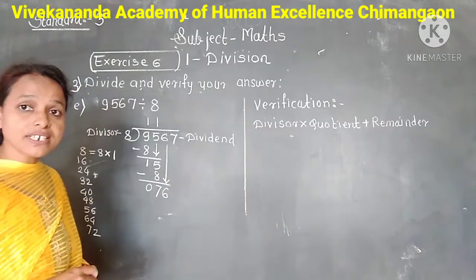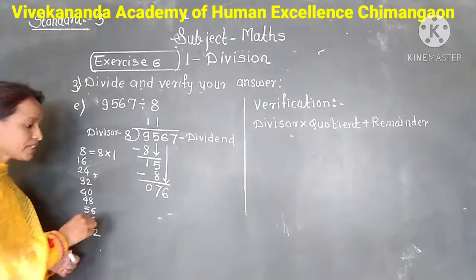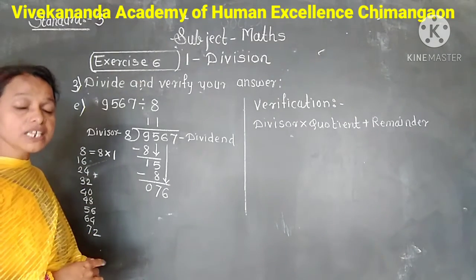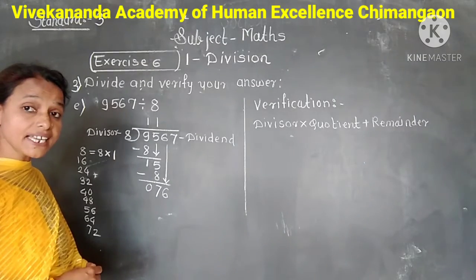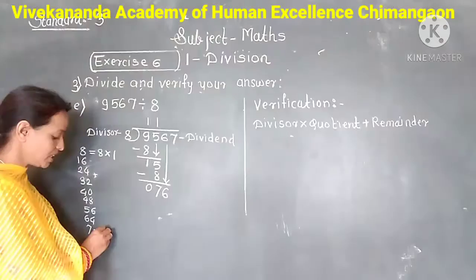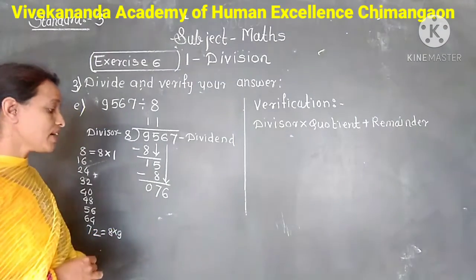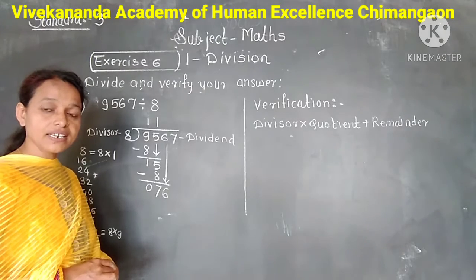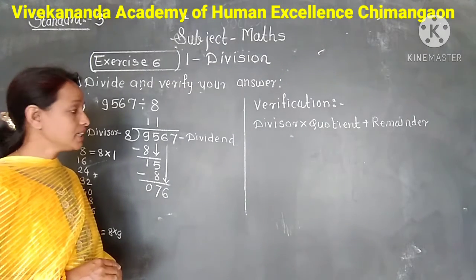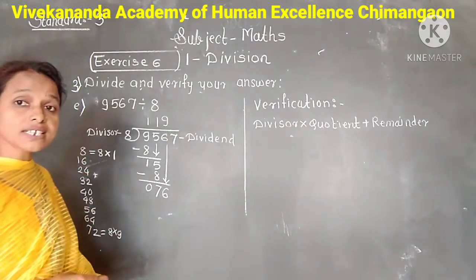We divide 76 by 8. But 76 is not in the multiplication table of 8. So less than 76, 72. 72 comes at the 9th place in the multiplication table of 8. 8 9s are 72. So we divide 76 by 8. It gives 9 as a quotient. So write 9 as a quotient in the tens place. And write the product 72 right below 76.